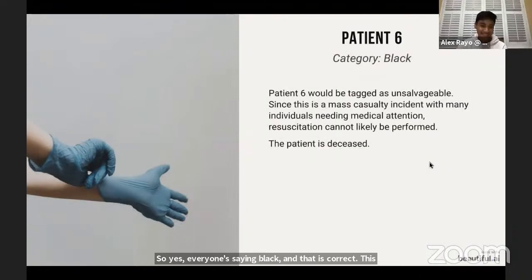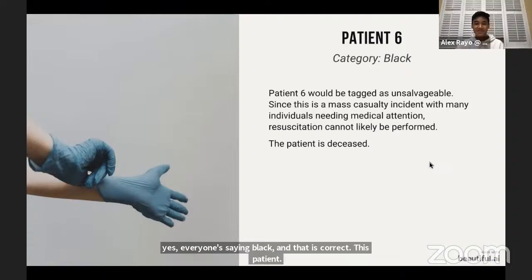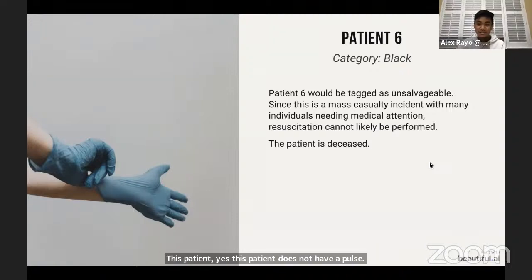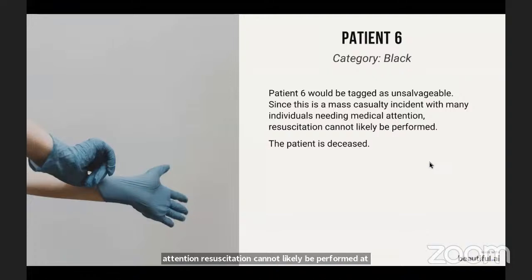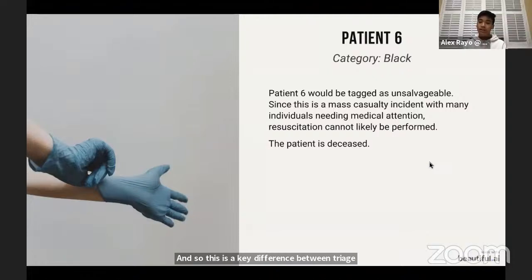This patient does not have a pulse. So patient 6 would be tagged as unsalvageable. And this is another important note. Since this is a mass casualty incident with many people seeking medical attention, resuscitation cannot likely be performed. This is a key difference between triaging in the field during mass casualty incidents and triaging in an emergency room. In the field, resuscitation is often not performed, but in hospitals where there are more resources available,